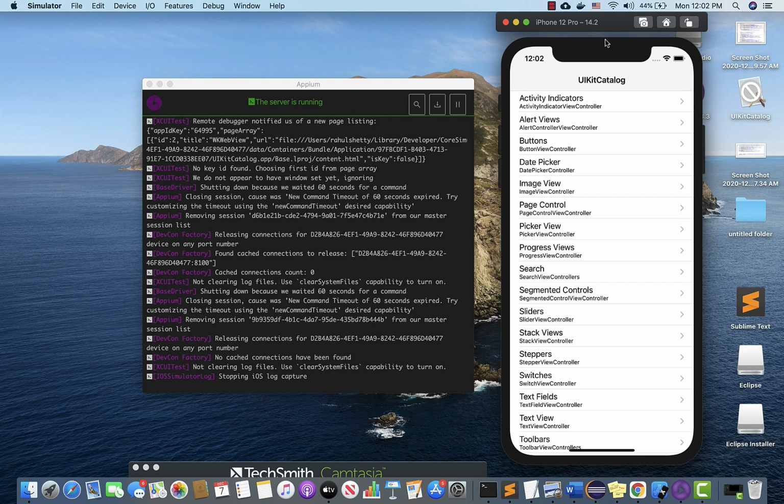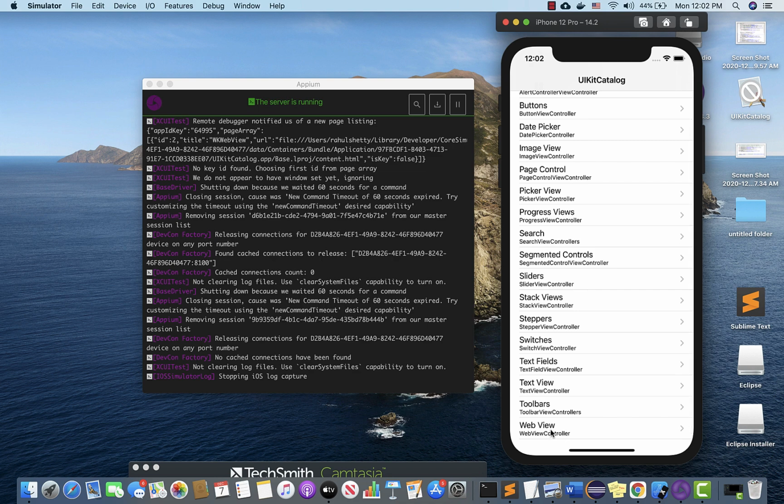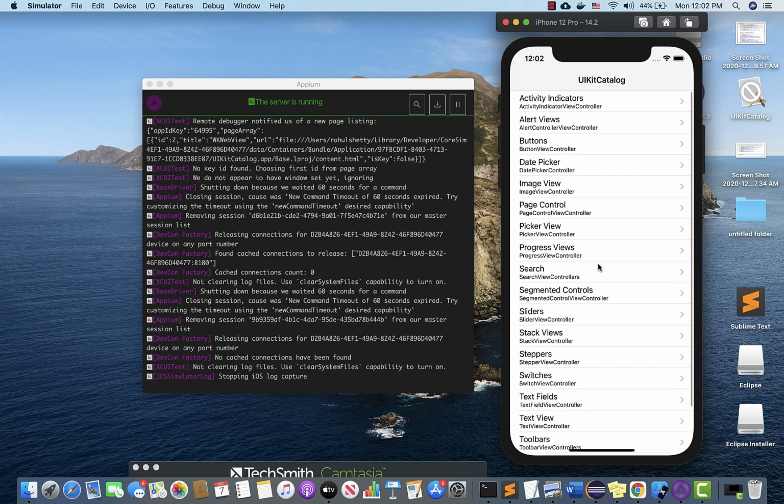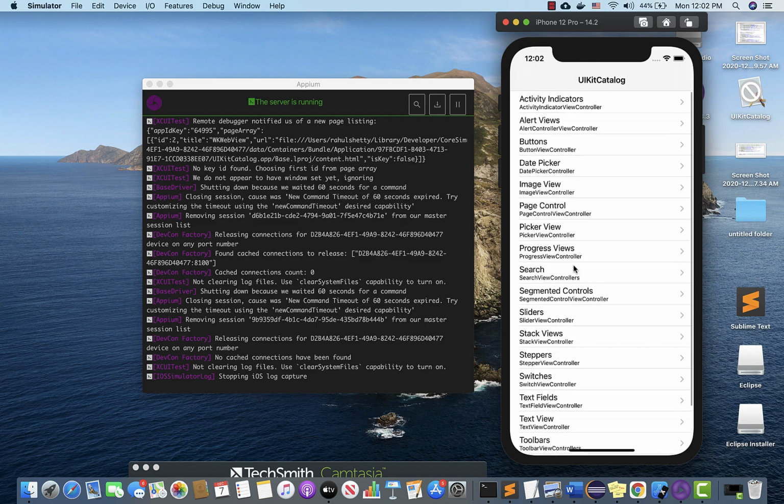So if you go to iPhone 6 or iPhone 5, then the screen will be even smaller, and I don't think even the stepper and switches options fit, right? So there is scope that sometimes you may end up scrolling and identifying the elements. In this case, I want to select Web Views. Right now it is not visible, so I have to scroll down to make it visible. That is my requirement. So let us see how we can do that using Appium.